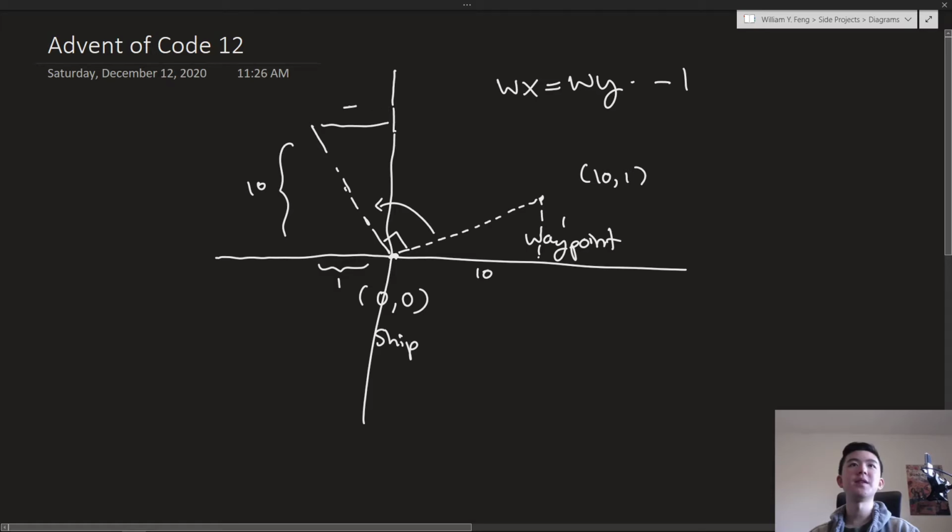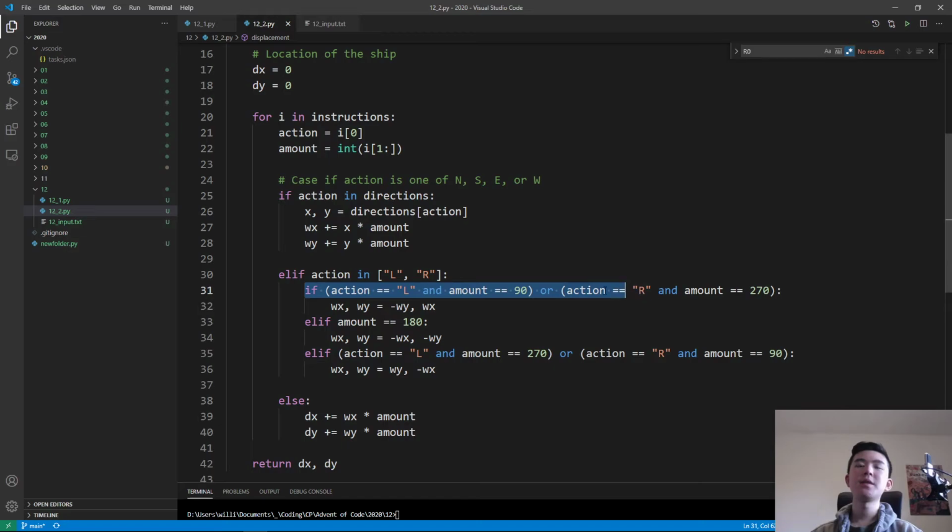So this is the coordinate, x coordinate is -1 after the rotation, and the new y position is going to be just the original x position because that's 10. So I suppose I should put a prime after this to denote that has changed. But basically, if you think about this for a bit and you draw it out, we find that a rotation left by 90 degrees is the same as swapping the x and y coordinates of the waypoints,